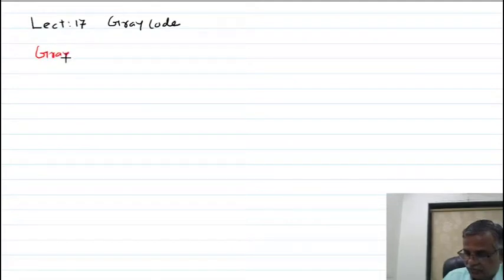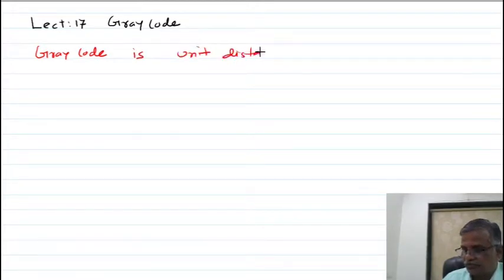Gray code is a unit distance code. Gray code is a 4-bit numeric code.